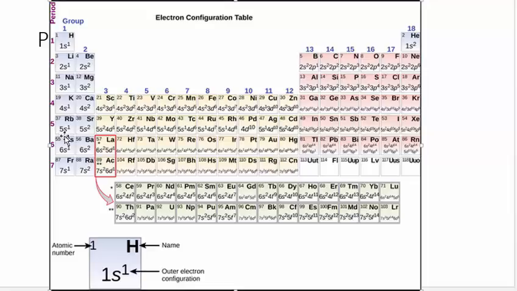Fifth period, n equals 5. Sixth period, n equals 6. And seventh period, n equals 7. So that's very important. Another thing I want to point out is that in the first two columns, we have